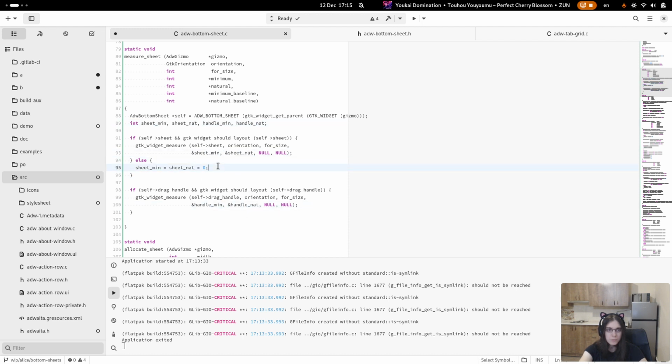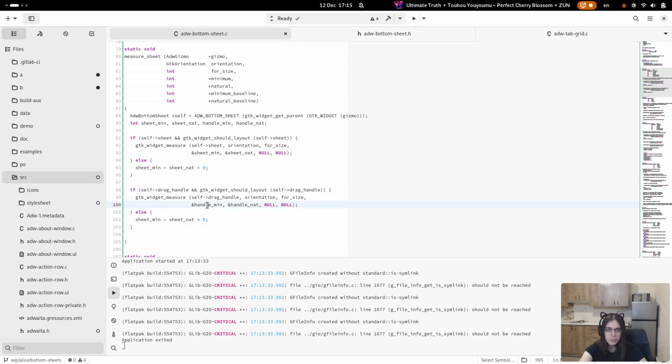And basically exactly the same logic. Bin layout just does this in a loop for every child and also handles baselines, but again, I don't care about baselines here and it's fine.